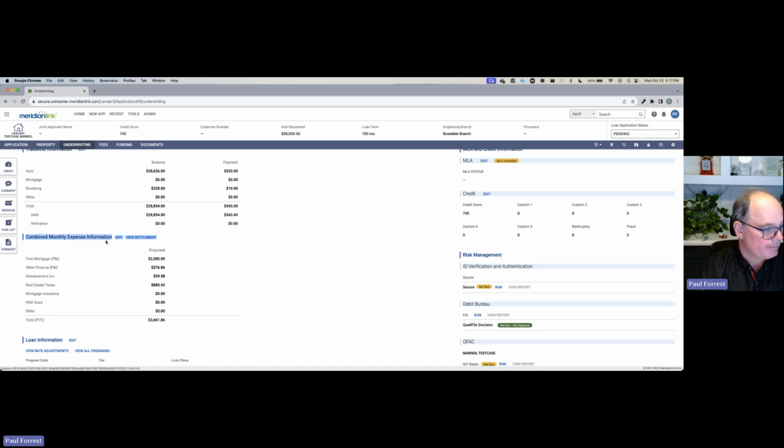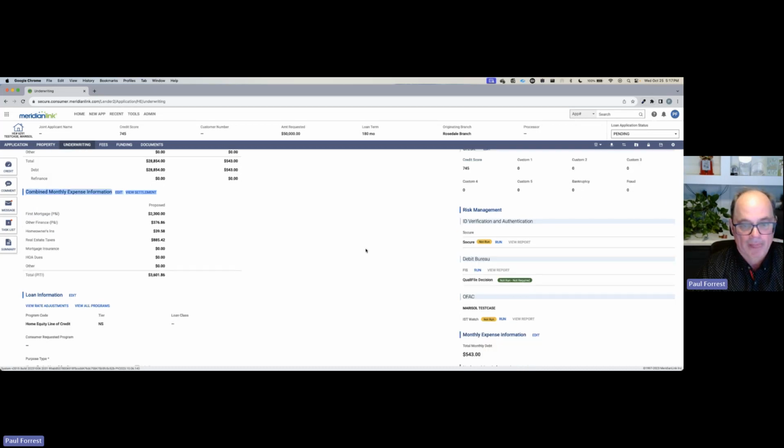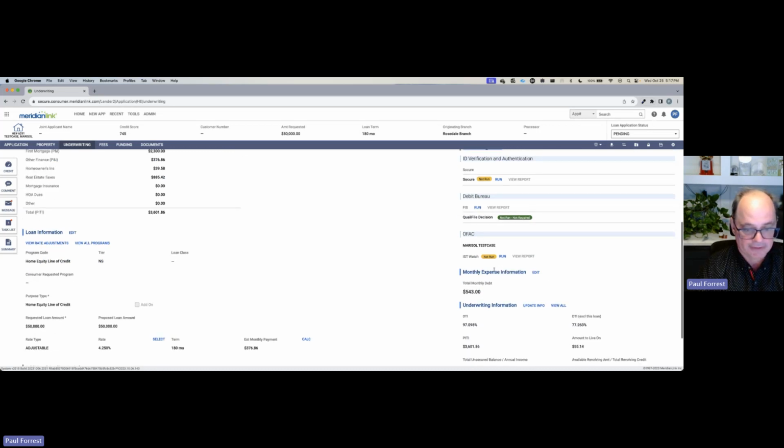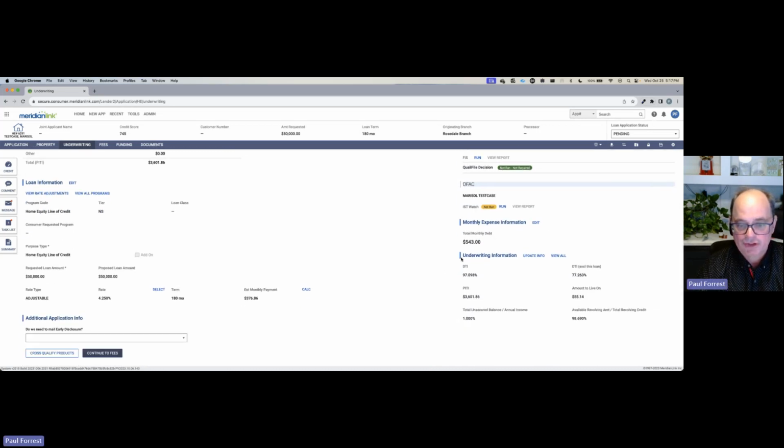Here is our combined PITI information. If we did any kind of ID authentication, verification, KYC, it's here. If we've done a standalone OFAC, it's here. Right down here shows you our 6 highest profile underwriting ratios that the bank gets to select, which